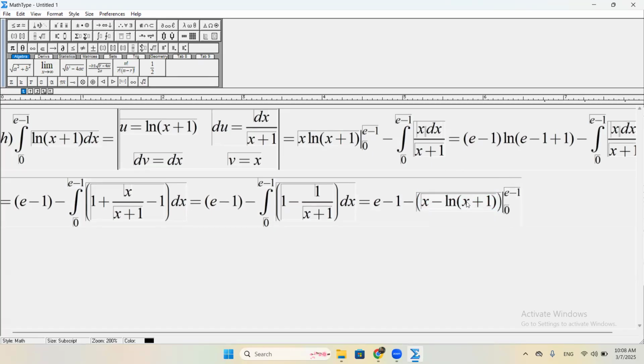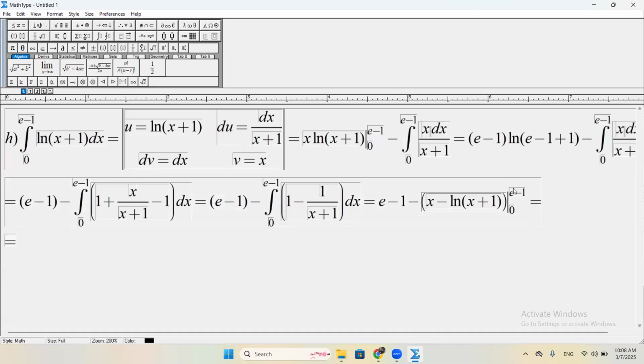And by the way, I don't write the module here because I know that the argument of the logarithm is always positive, so it doesn't make sense to write it. But of course, if you want,